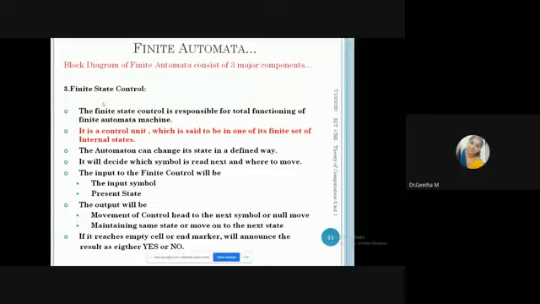That time only this machine has to announce either yes or no. You know what is the meaning of yes and what is the meaning of no. So it is a finite control. It has to see two parameters: the input to the finite control, the input symbol and the present state, and it has to take a decision as output, like maintaining the same state or moving on to the next state. Always, this is the property of the finite control, it is in any one of your internal states. That's the main point here.